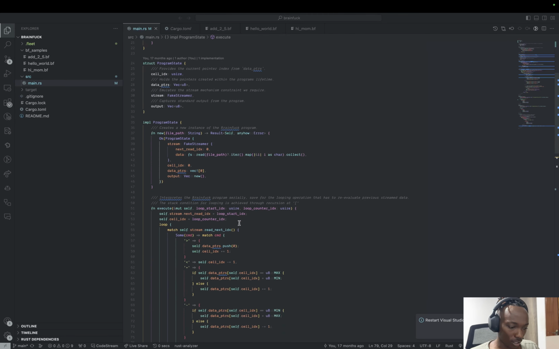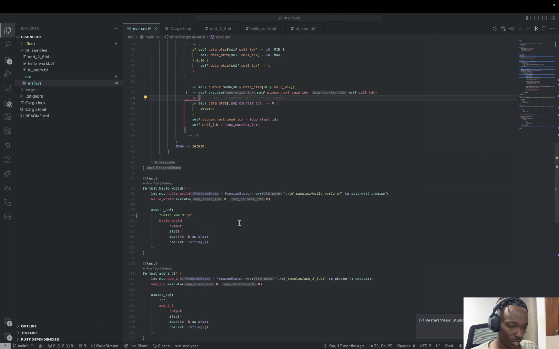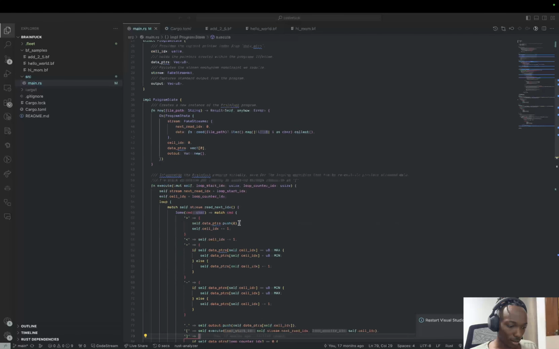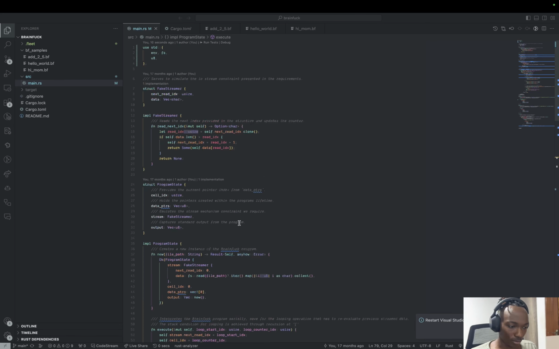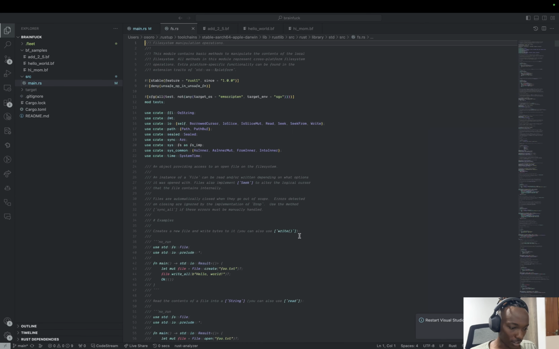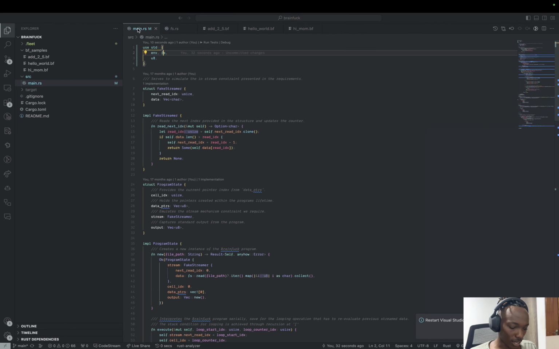Say for this program, I'm just doing a brain F interpreter. But if I look at the FS, which is the file system,